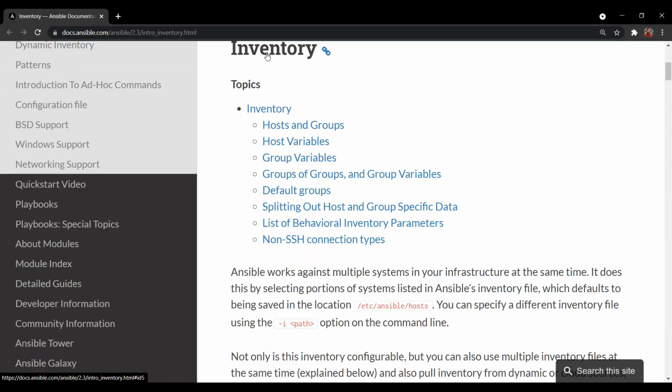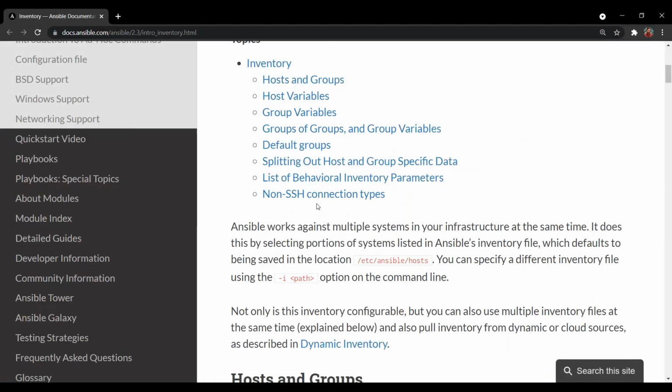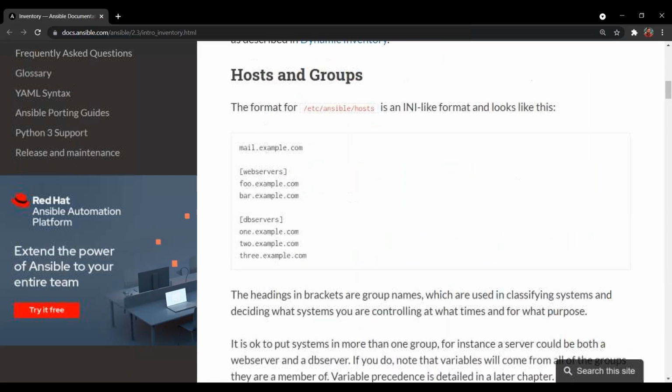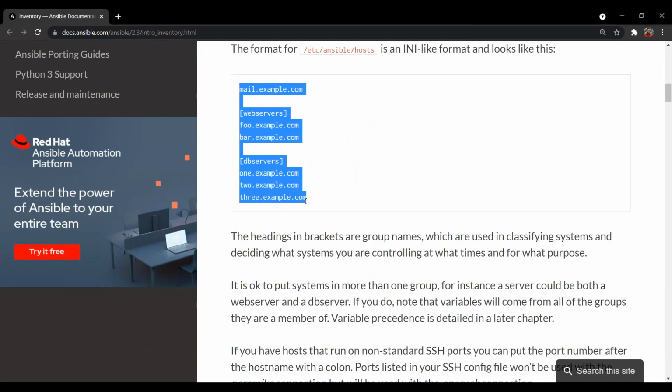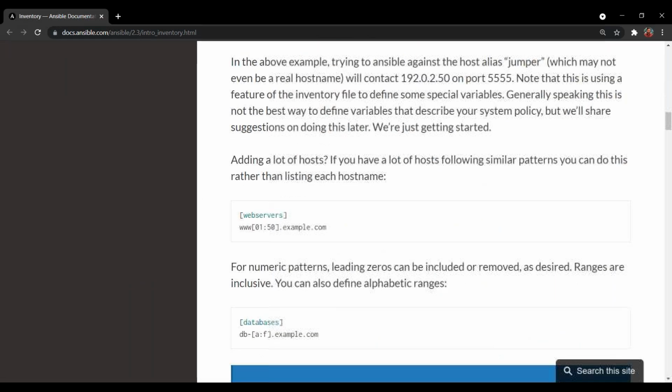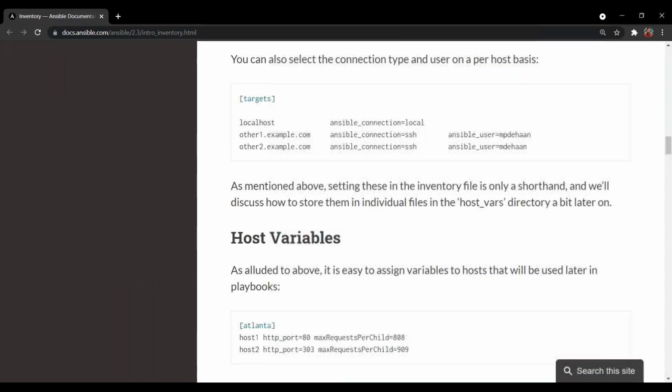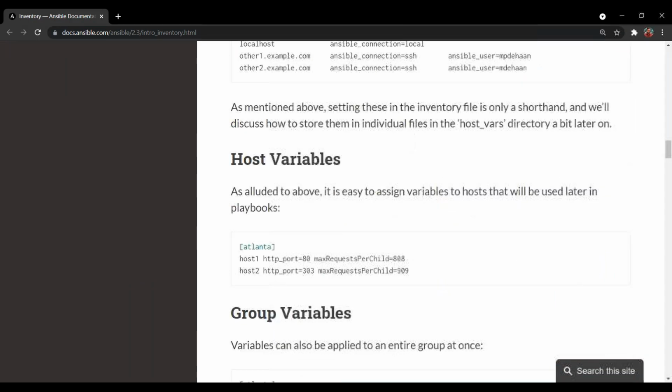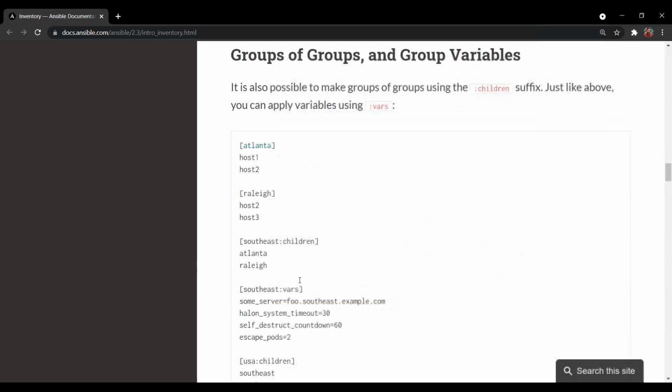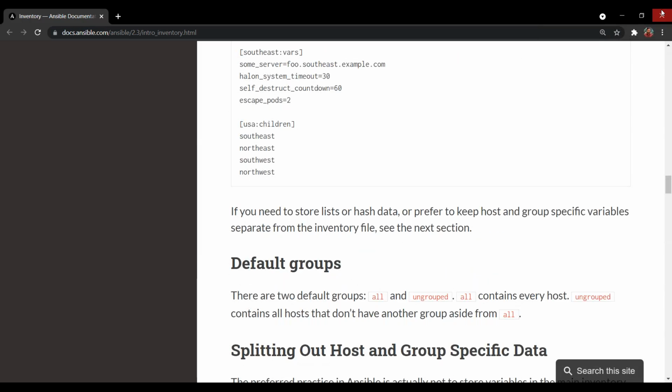Now, as I come into inventory, you see it is explaining host and group variables, host specific variable, group specific variable. Many options are available, how to use non-SSH connection types and all that. So this will explain us lots of information, how to make inventory files with host variable and other options also. Okay, all right,